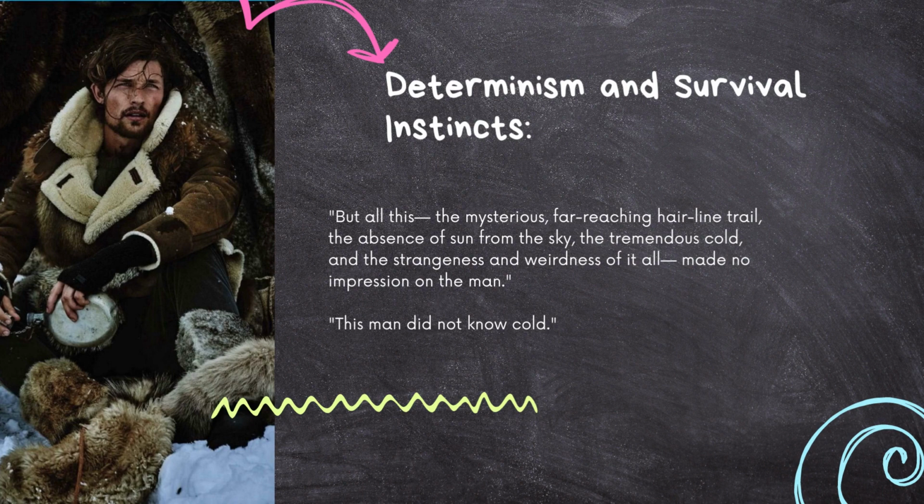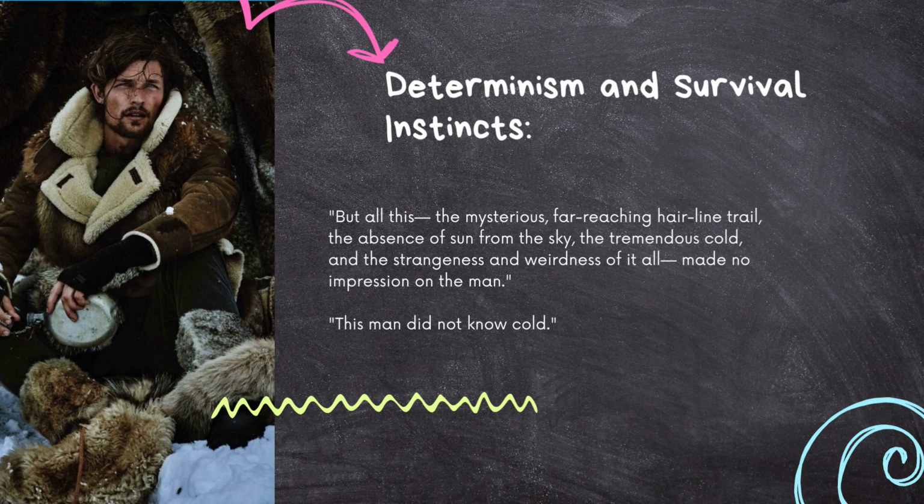The protagonist, an unnamed man, is portrayed as a victim of circumstances rather than a hero. Naturalism emphasizes the deterministic nature of human existence, and man's fate is sealed by his choices and the uncontrolled forces he faces. The man's survival instincts are highlighted as he battles the elements and tries to overcome the challenges posed by the environment. But Jack London wrote that, but all this, the mysterious, far-reaching hairline trail, the absence of sun